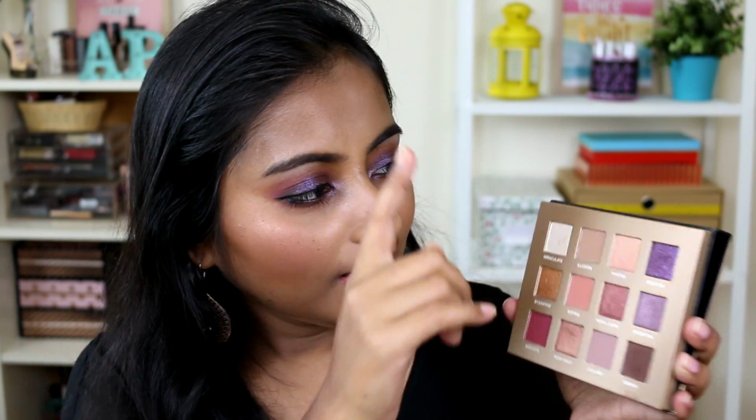All the metallic shades are just super duper intense, and they translate like that onto the eyes. Very beautiful looking. So all the metallic shades I am completely in love with. Today I have used this one, I have already mentioned. This shade is a little bit difficult to work with. I think the only shade which is a little bit chunky and a little bit difficult to work with is